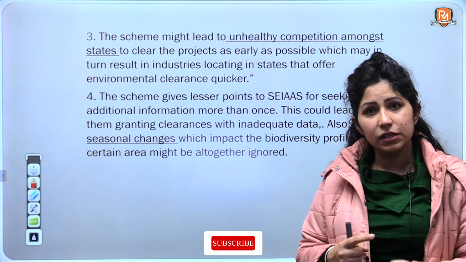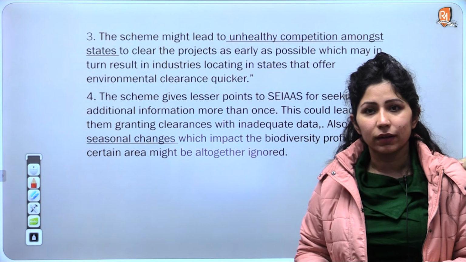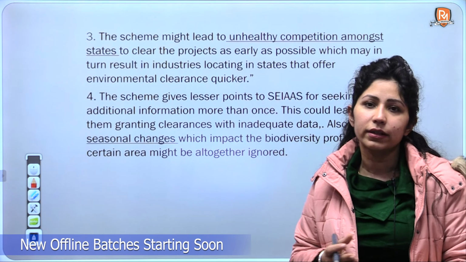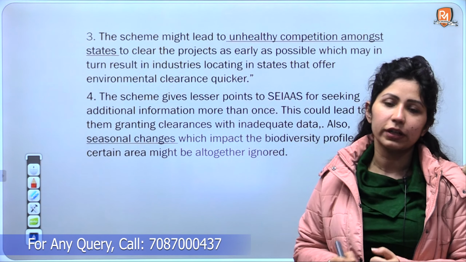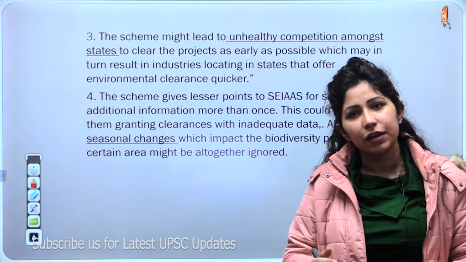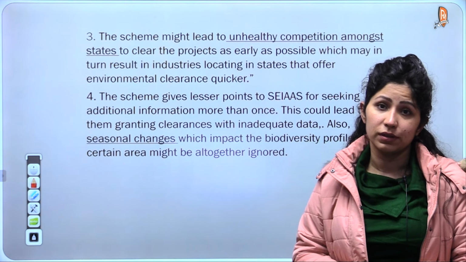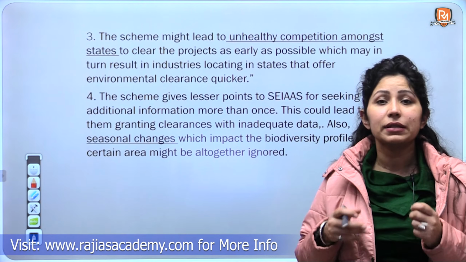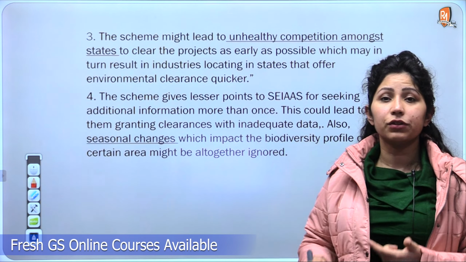And if this competition is introduced among all the states, what happens? States just compete. They try to give clearances as early as possible to rank higher on that annual or monthly ranking, whatever the central government is coming up with. So that time period does come down. Environmental clearances are given, ease of doing business does happen, but the environment at large suffers. The local communities suffer, local resources suffer, and the environment suffers a great deal. So this is not a healthy competition. It introduces an unhealthy competition between states.